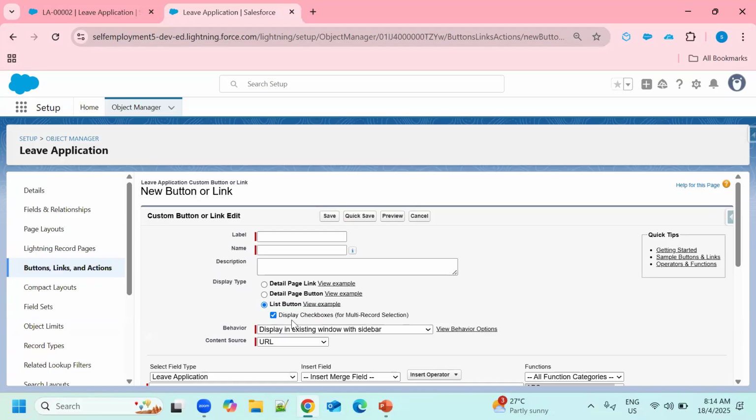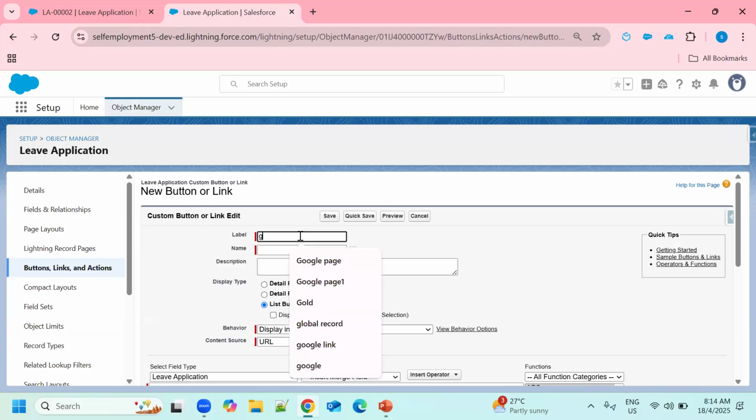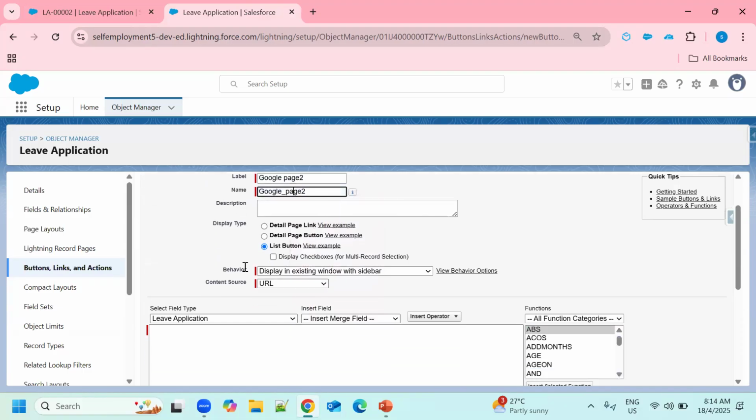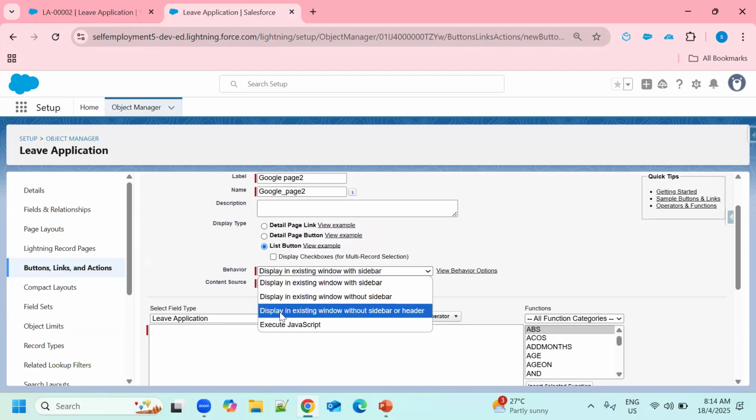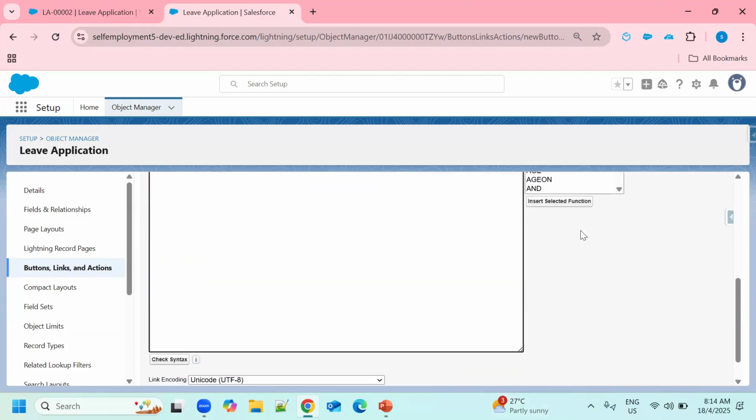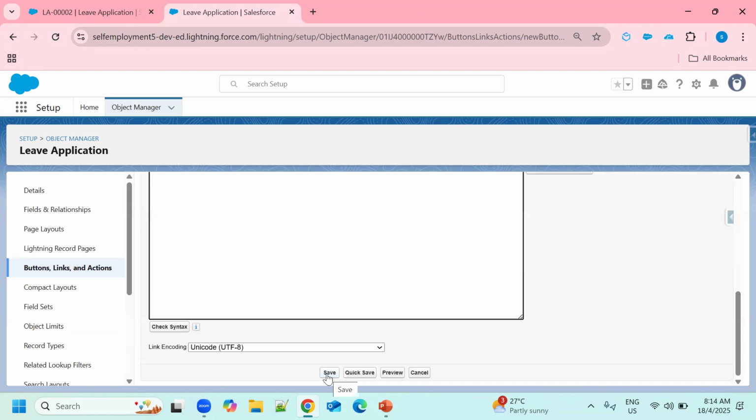So if you want to make a change or display multiple records at a single time, you can do it with the help of this, but this time I am using only one, right? So I am going to give this the label Google page 2. Same thing I am applying here, new window, URL. Now click on the save button.